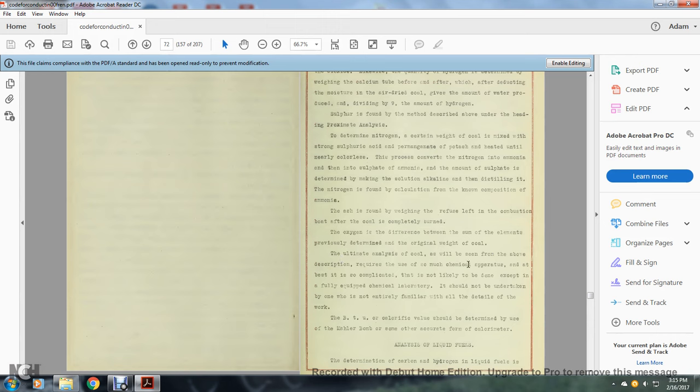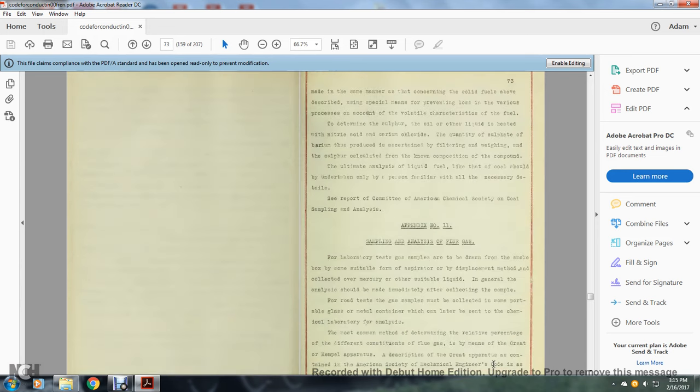The ultimate analysis of coal, as will be seen from the above description, requires the use of much chemical apparatus and is very complicated. It is so complicated that it is not likely to be done except in a fully equipped chemical laboratory. It should not be undertaken by one who is not entirely familiar with all the details of the work. The BTU or calorific value should be determined by the use of the Mahler bomb or some other accurate form of calorimeter. Analysis of liquid fuels: the carbon and hydrogen of liquid fuels are determined in the same manner as for the solid fuels above described, using special means of preventing loss on account of the